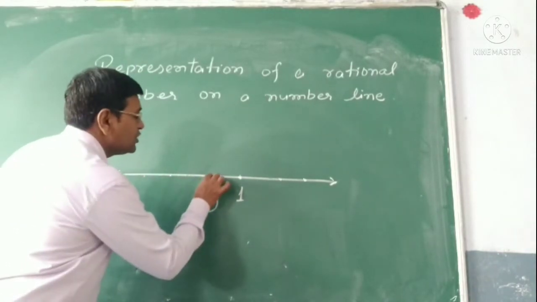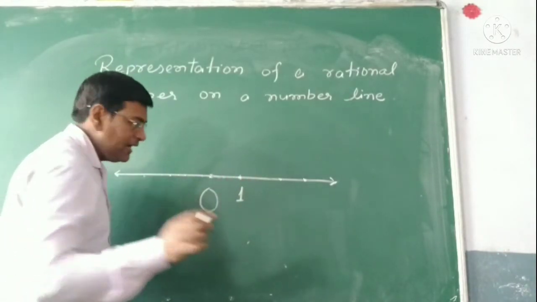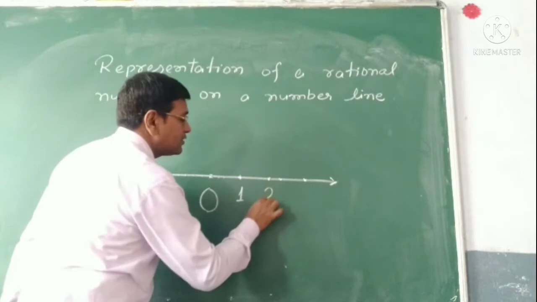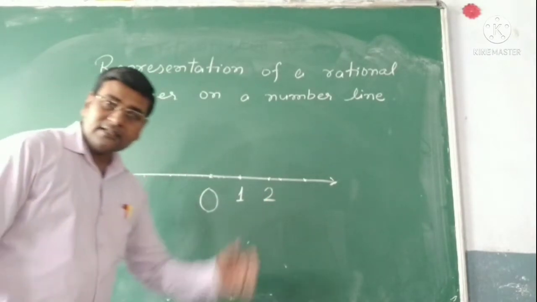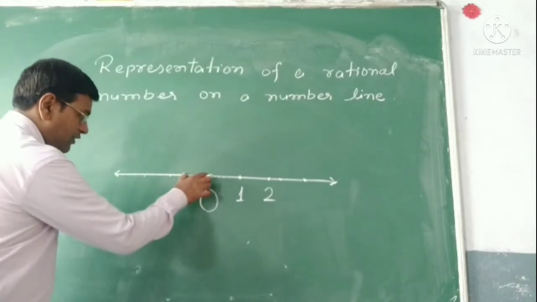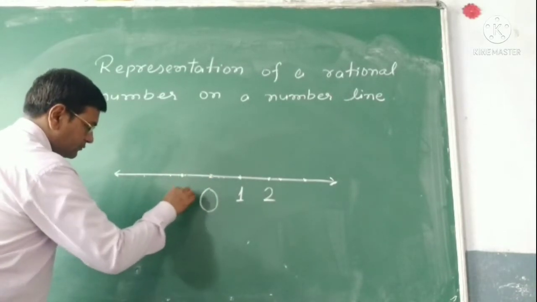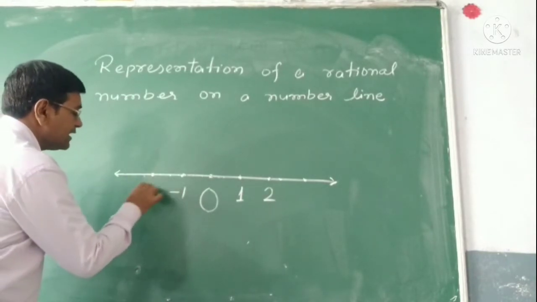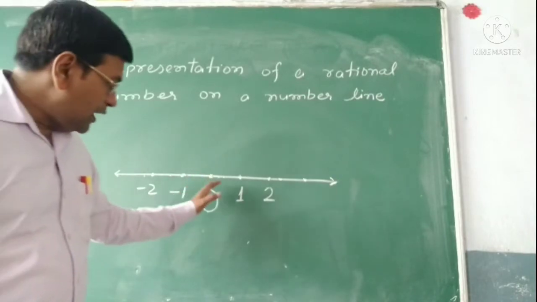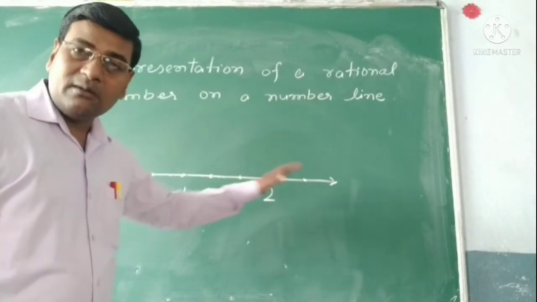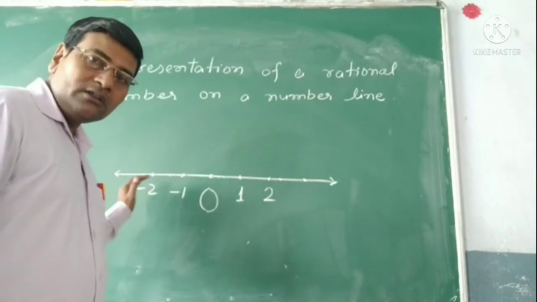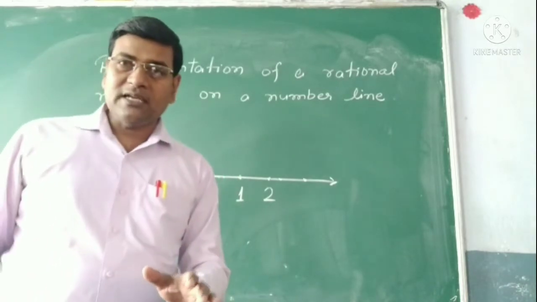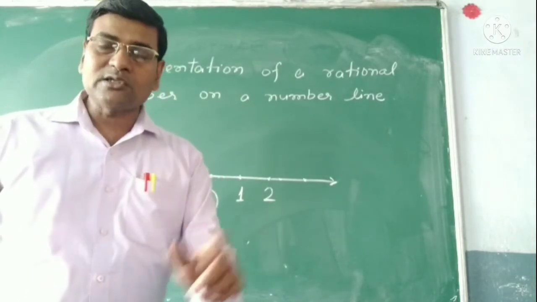and again one more point I am taking which is equidistant. That means 0 से 1 के बीच में जितना डिस्टेंस मैंने लिया है उतना ही डिस्टेंस यहाँ लेंगे और यहाँ एक पॉइंट ले रहे हैं. This point will represent 2, and in the same way to the left side take equidistant points. This point will represent -1 and this point will represent -2. So you have many points and many numbers can be represented on this line. This line is called number line. When you represent numbers on a line, that line is called number line.